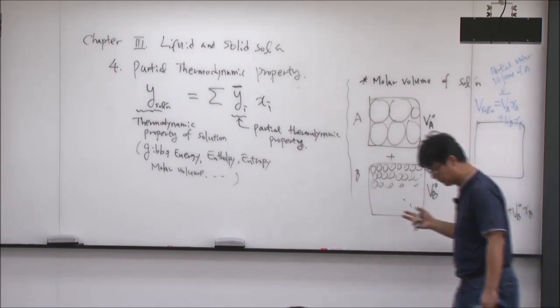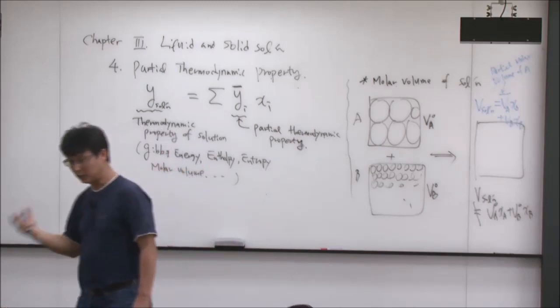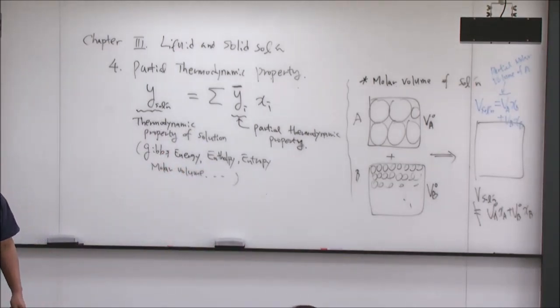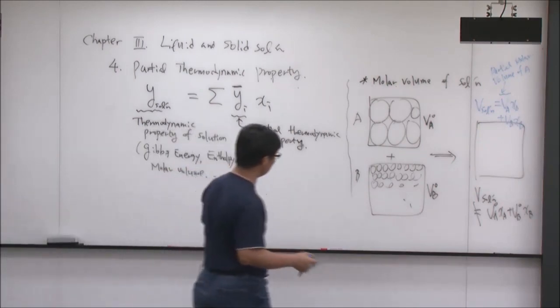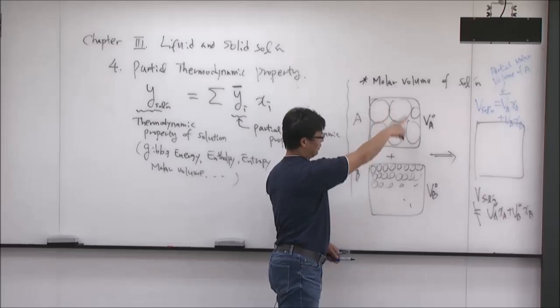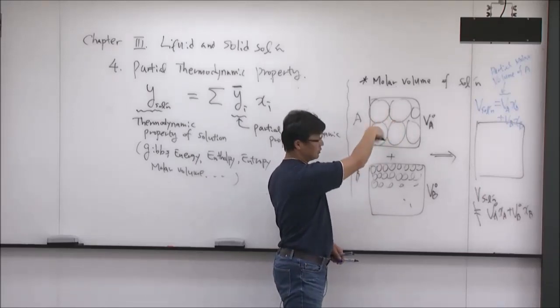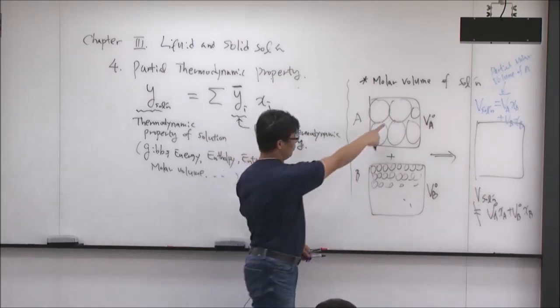Here the given condition means, okay, at the given temperature and given pressure, plus the given composition as well. Why do I say given composition? When you have, for example, about 99 balls of A, and you're adding only one ball of B,